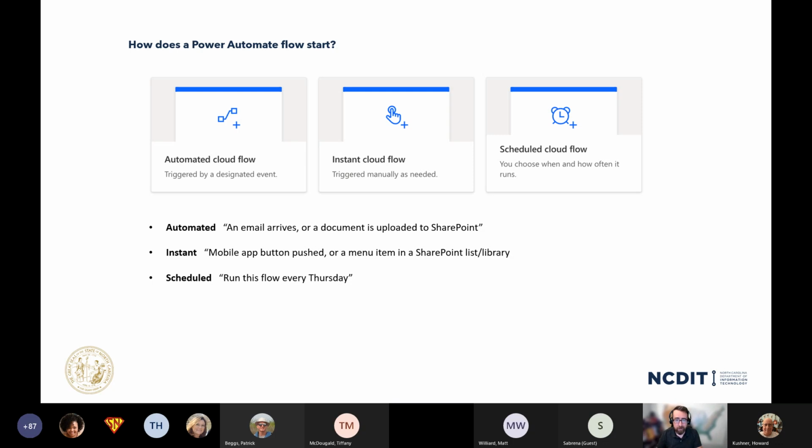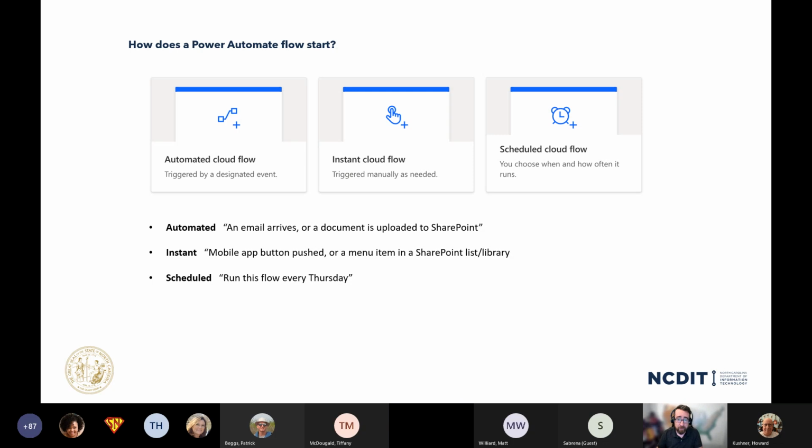There's automated, that is sort of running and waiting for something to happen. So you make a new Power Automate flow that's automated, the bold word there on the slide, and it sits there and listens 24/7, 365, waiting for something to happen.